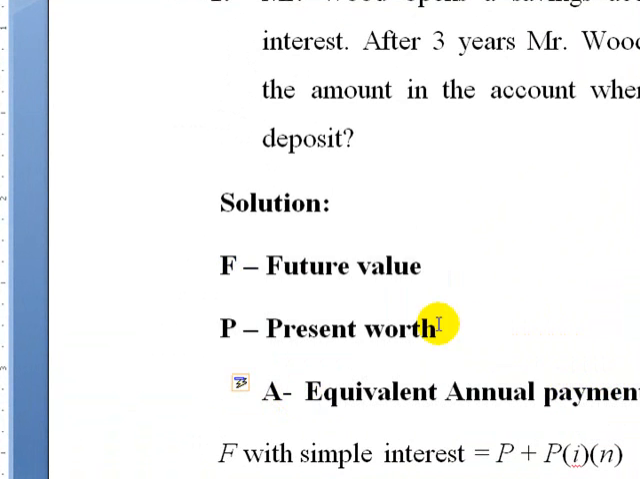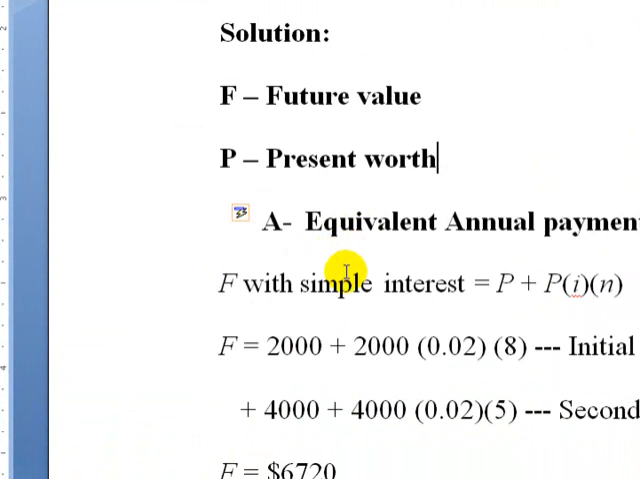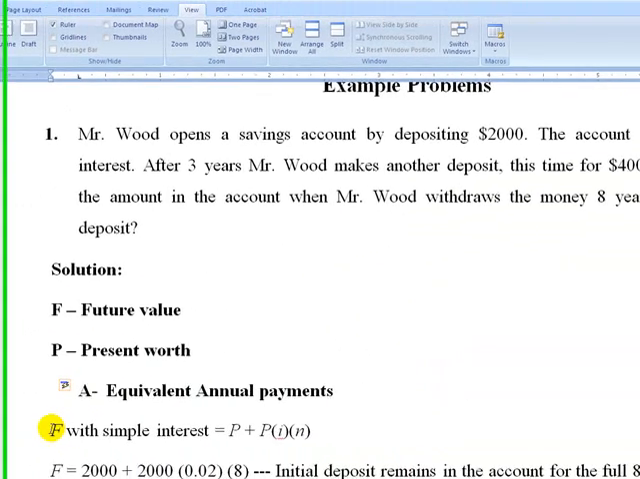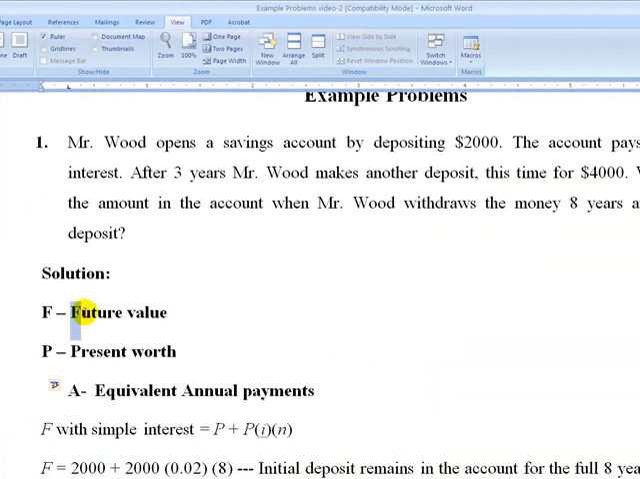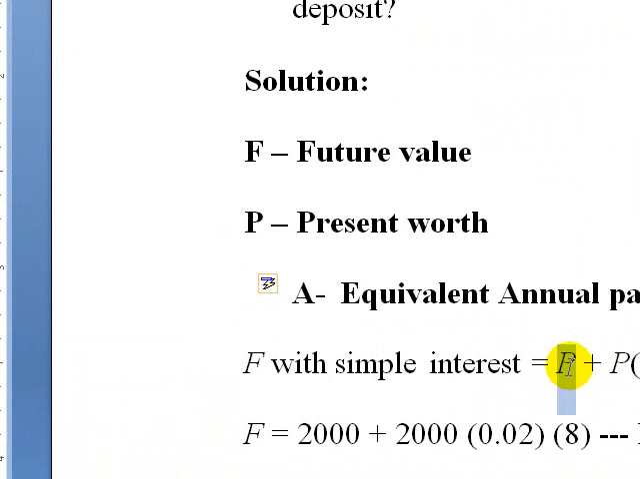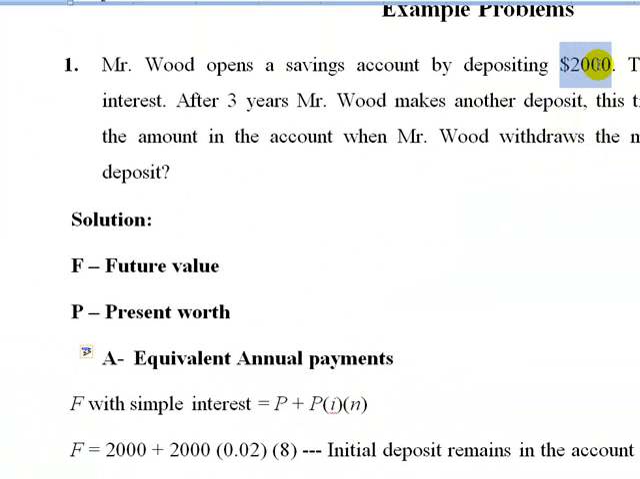Now let's focus on the formula or the calculation for the simple interest in this case. F meaning future value, we need to find out the future value, that means the value of the deposit after 8 years, right? So F is equal to P. P means current value or present worth. In this case, P is $2,000, plus